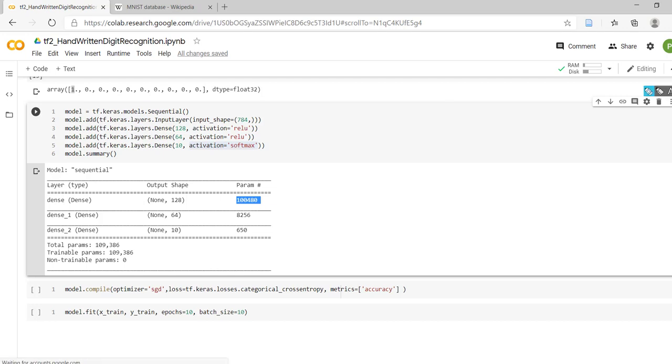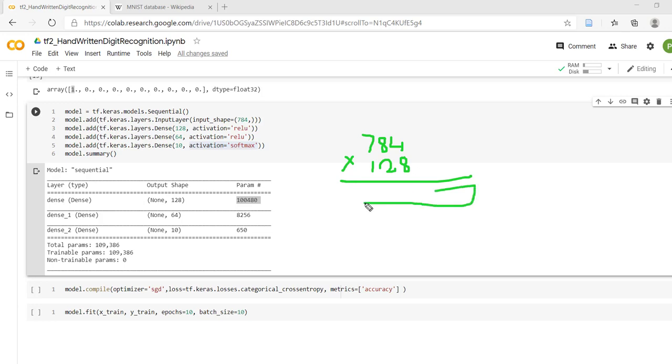It is just simple. We have to perform multiplication: 784 inputs are there into how many neurons? We have 128 neurons, and it will provide some value, and we have to add 128 biases, and its output